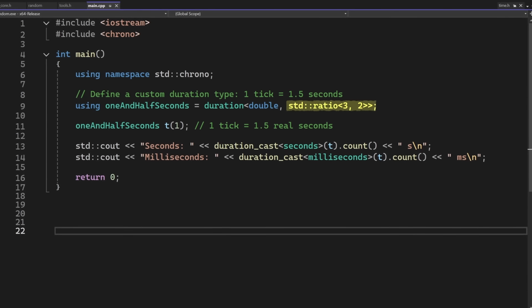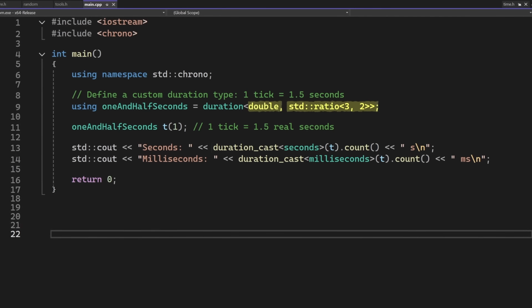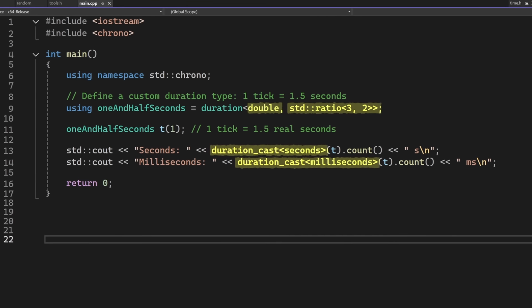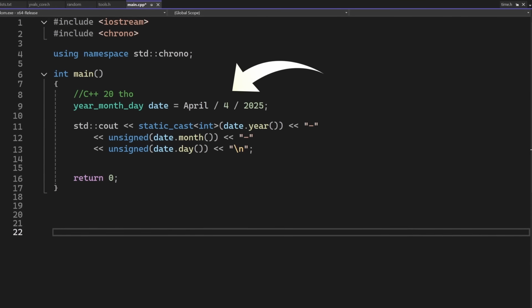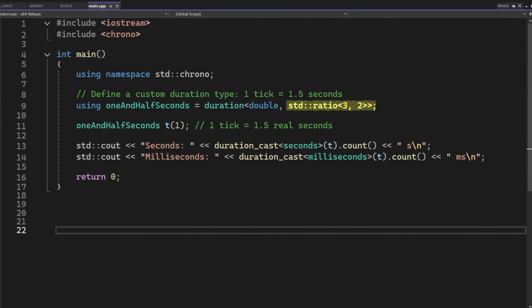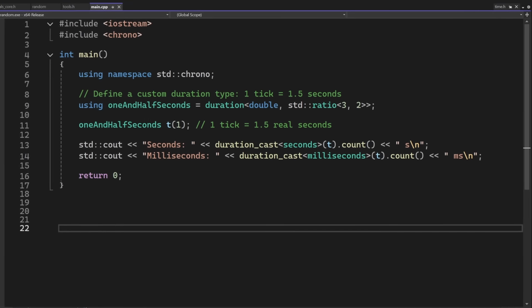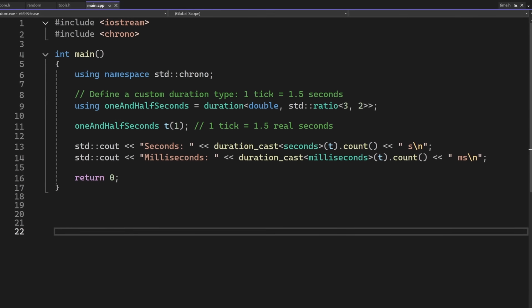Their idea wasn't bad. You can create any custom time duration, made on any data type you want, and they would automatically know how to convert to one another, removing the manual calculation, and it also has some party tricks inside. So where is the problem? Well, first of all, who even needs a custom second duration? Like, that's just useless. And in classic C++ fashion, they focused on these useless features instead of actually making the